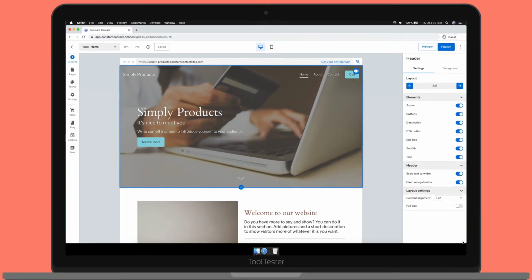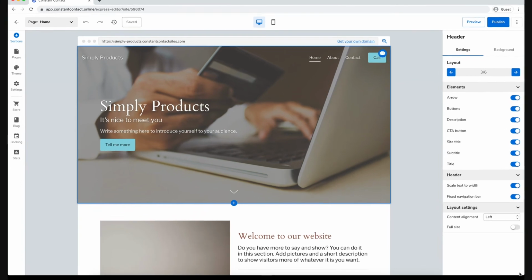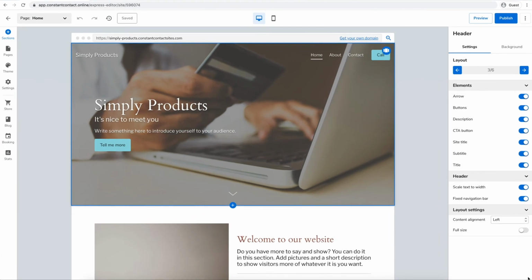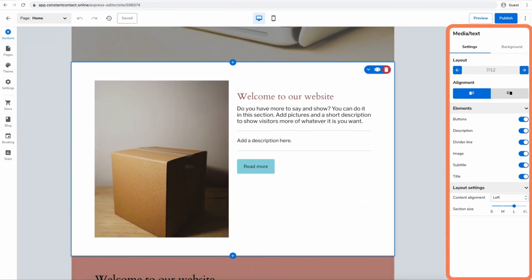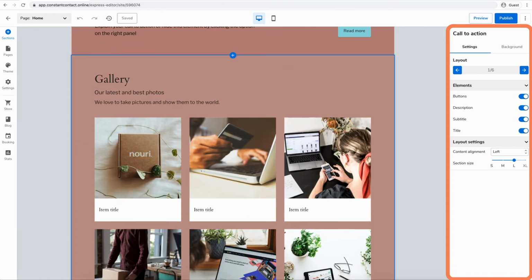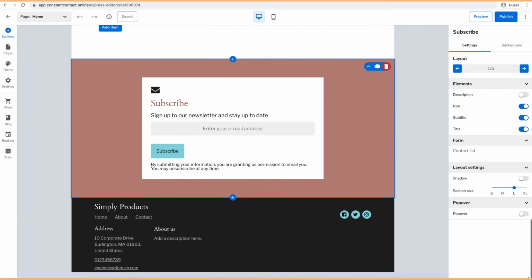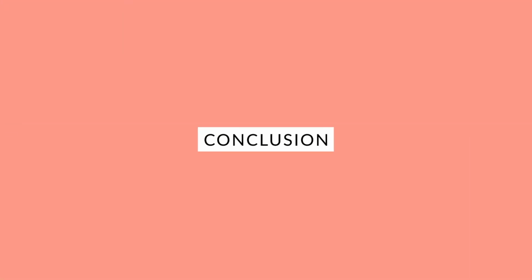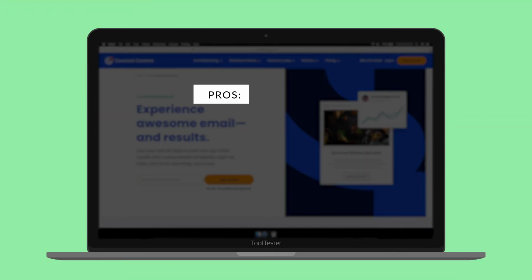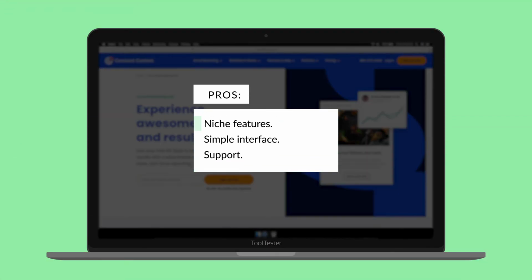A couple of other features to be aware of are Constant Contact's Social Media Planner and Website Builder. It feels pretty convenient to have everything under one roof, though I'm not convinced the builder is better than dedicated website builders such as Wix or Shopify. As I just mentioned, the niche features may be useful for some small businesses, and having things in one place avoids needing to use multiple services.